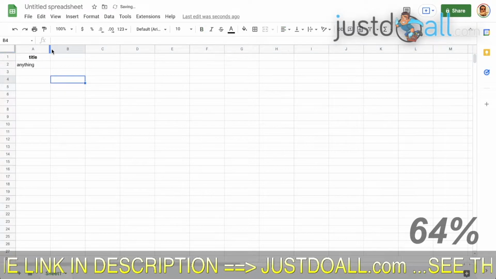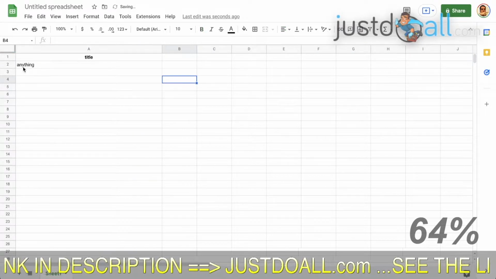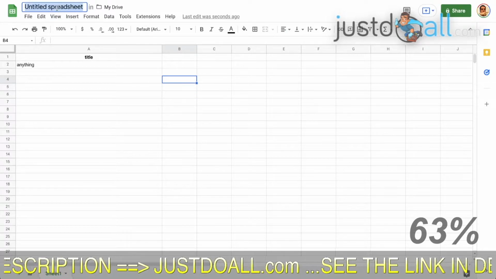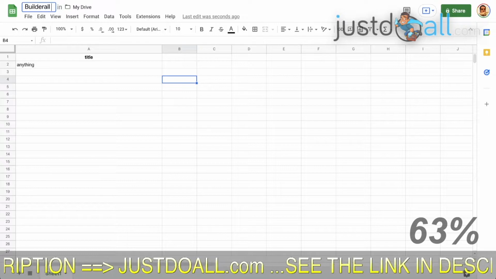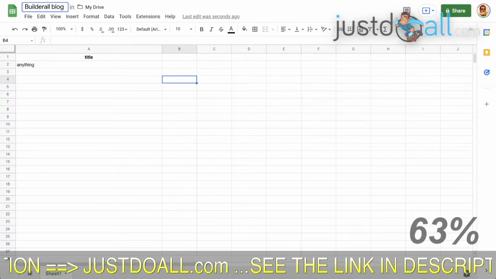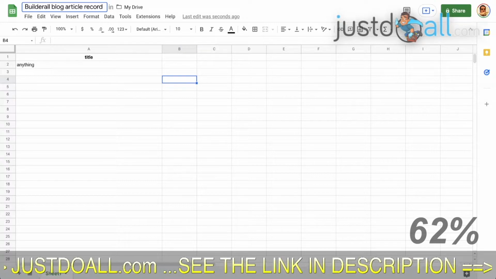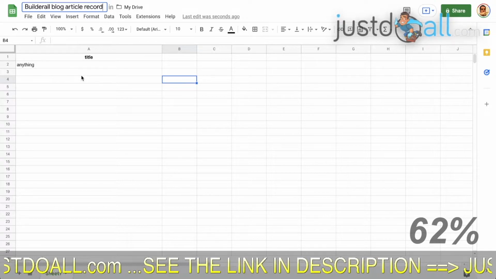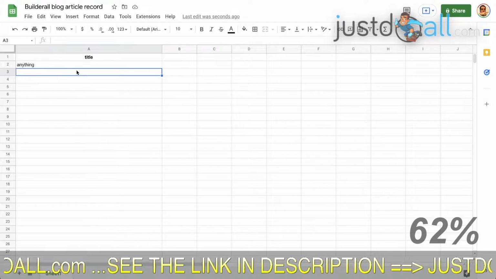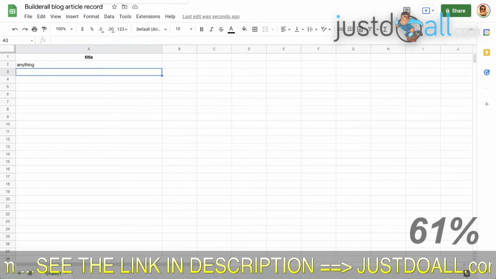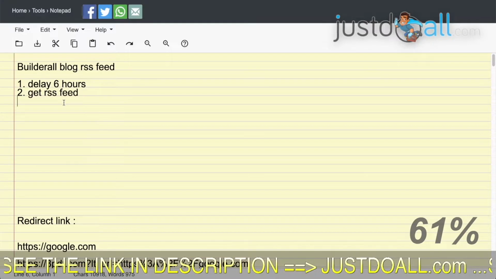But then here there will be the title of the last article. I can write it here: Builderall blog article record. And this Google Sheet will be used just for this, just to record the last article we had.